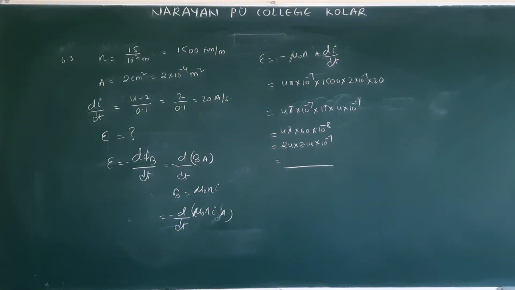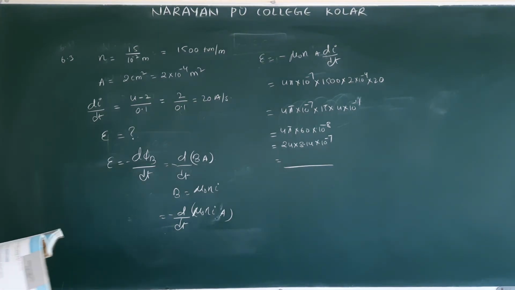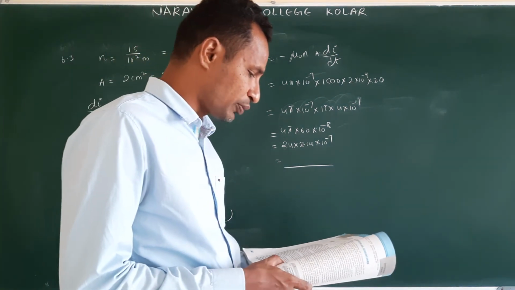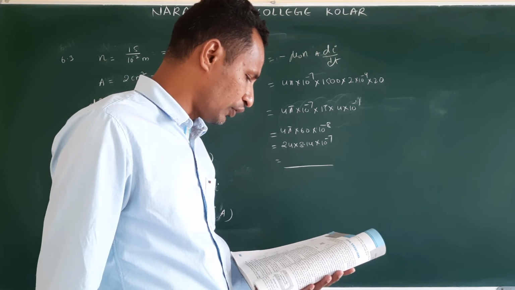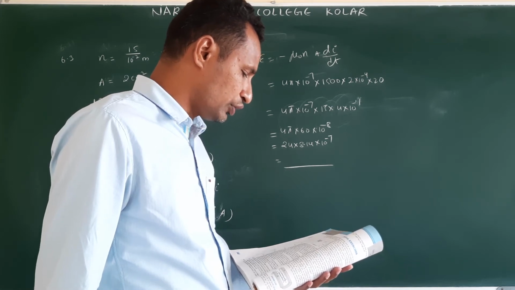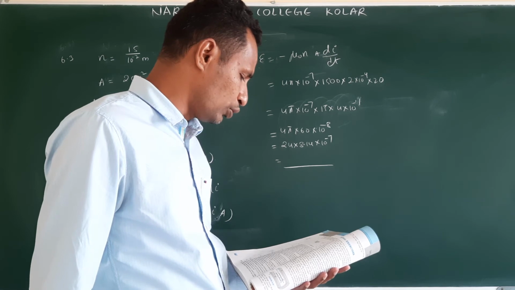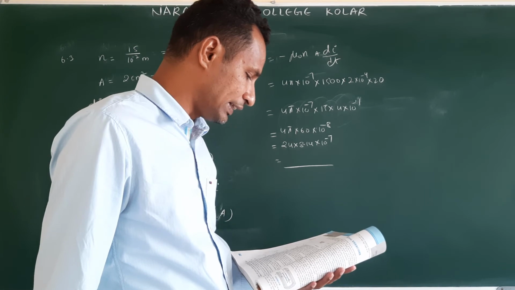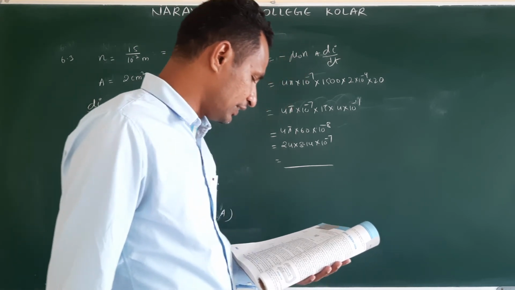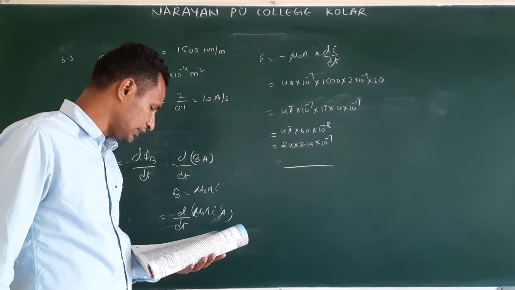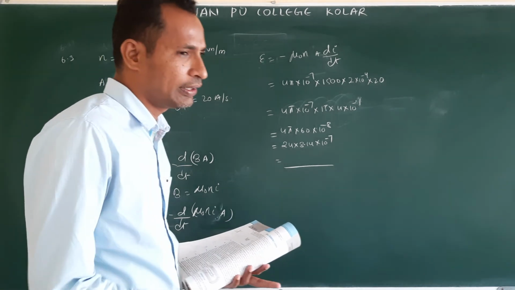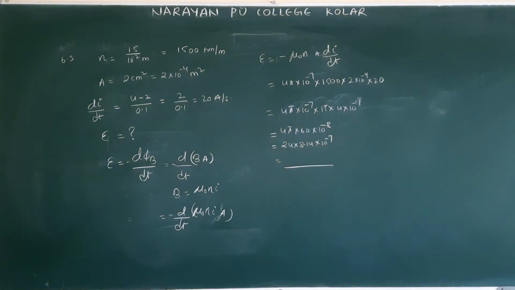Next, the fourth one. A rectangular wire loop of sides 8 cm and 2 cm with a small cut is moving out of a region of uniform magnetic field of magnitude 0.3 Tesla, directed normal to the loop. What is the EMF developed across the cut if the velocity of the loop is 1 cm per second in the direction normal to the longer side and the shorter side of the loop? And for how long does the induced voltage last in each case? This is a very, very important model question.